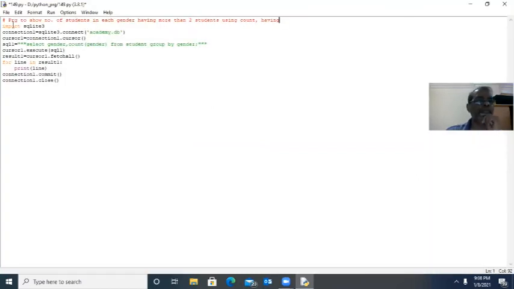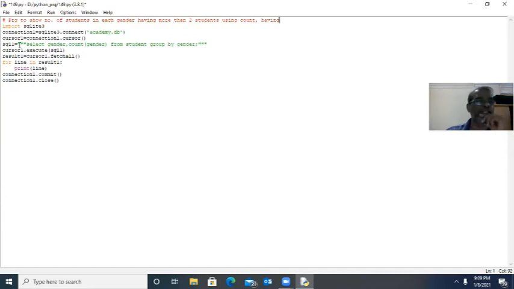Here, see, program to show the number of students in each gender. That means we need group by gender. Since we are using group by, for the number of students we must use count. Since count is an aggregate function and one condition is there, more than 2 students, we should go for the having clause. If the aggregate function we are not using, we can go for the where clause. Here group by, we need count. That is why we are using having.